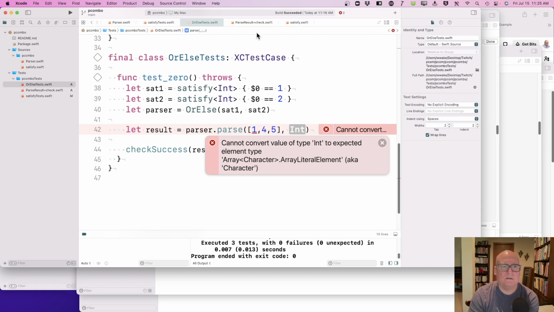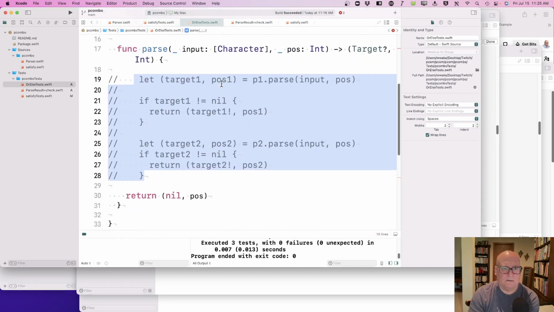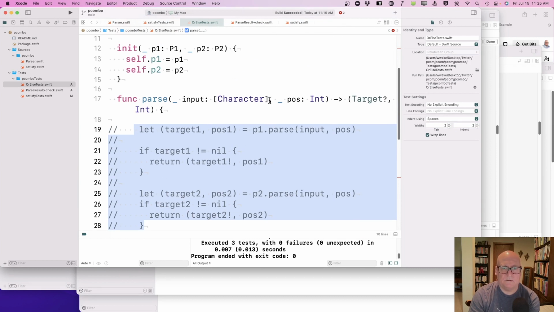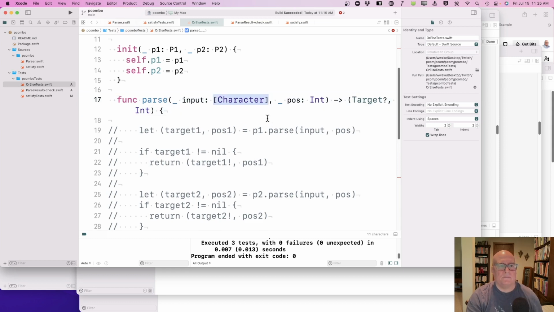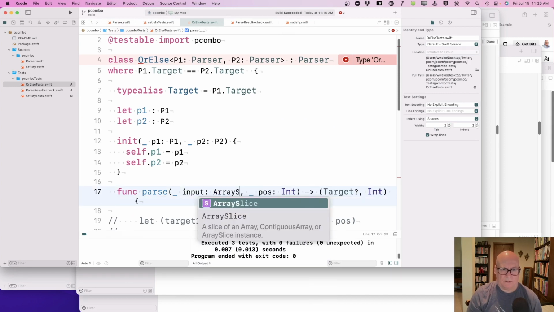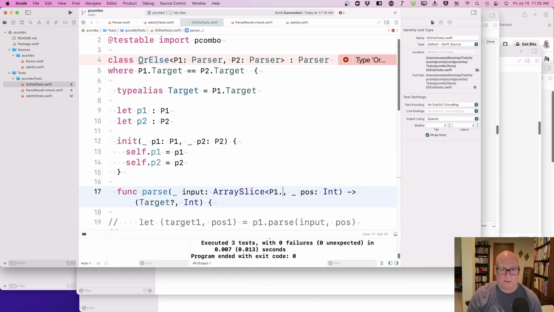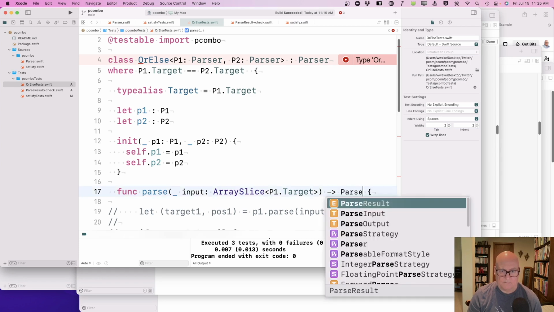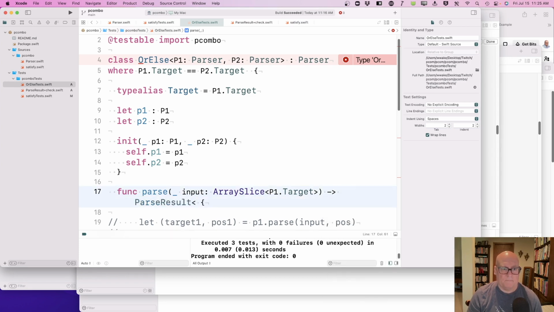Int parse. Oh, we don't want position. Oh, yeah, okay. This is array slice of p1 dot target. Produces target and, well, it produces parse result of